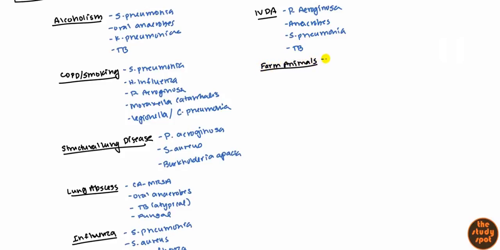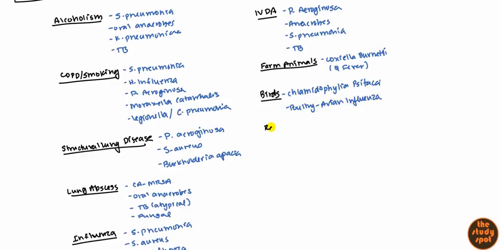Now, association with farm animals. People who get in contact with farm animals, one thing you want to think of is Coxiella burnetii, also known as Q fever, which is an atypical pneumonia. Birds, when they're associated with a bird, you're thinking of Chlamydophila psittaci, and if there's poultry, then you want to think of avian flu, which is avian influenza. Rabbits, tularemia. So when you see rabbits, definitely think of tularemia. Bat and bird droppings, if you see that, that's going to be histoplasmosis, and the organism is going to be